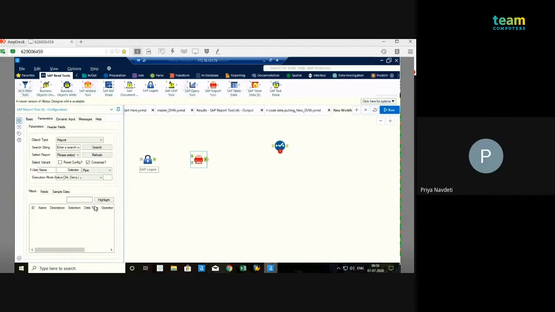So here we have the data type options. Four to five months ago, when we were using this tool, there was no option for the data type change. Now the DBW team has introduced this data type field. So here we can change it directly and fetch the data. We don't need to use an Alteryx select tool. We can change its data type here as well.